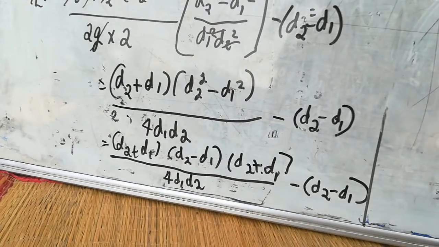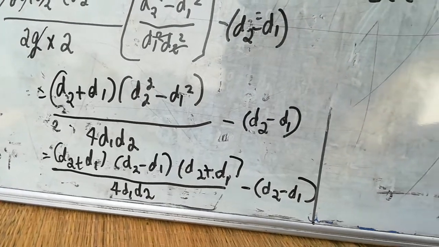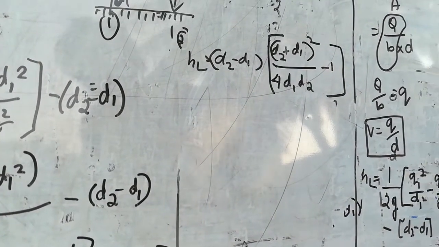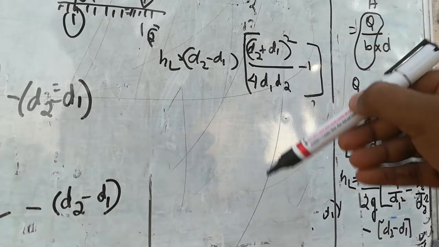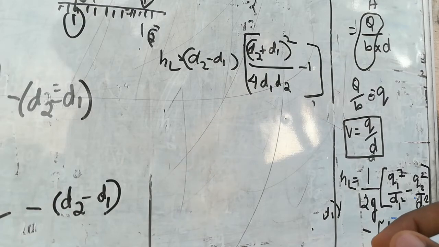d2 plus d1 and d2 minus d1, taking d2 minus d1 common outside, and again d2 plus d1 whole square, it will be multiplication of that 2, and 4 d1 d2 minus 1. That is the equation. So then HL is equal to